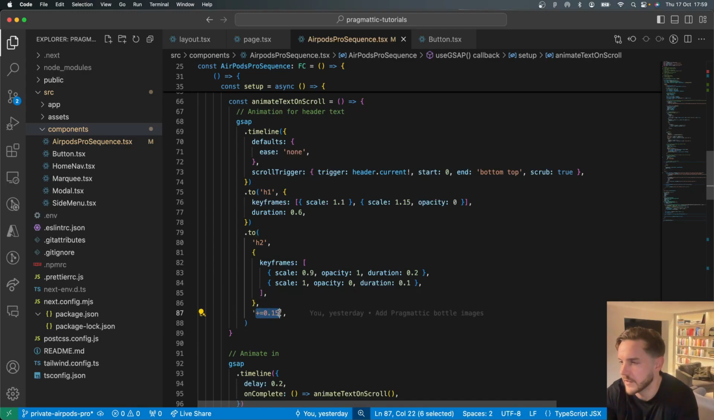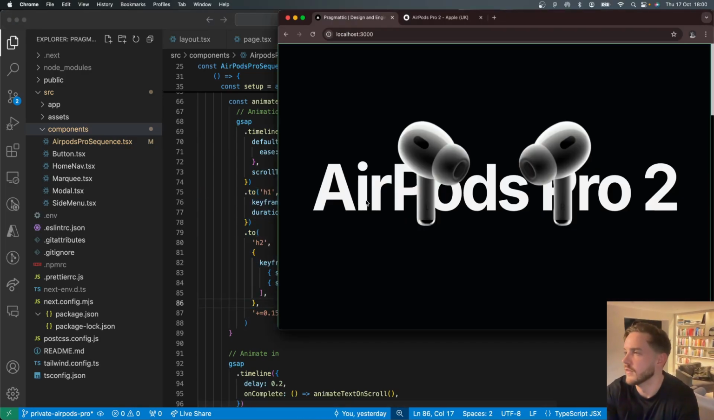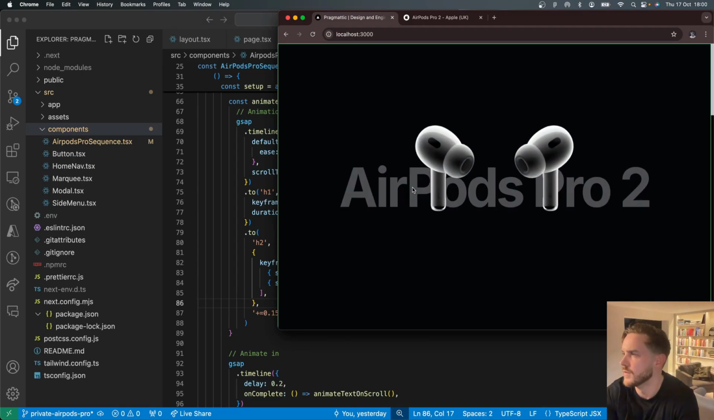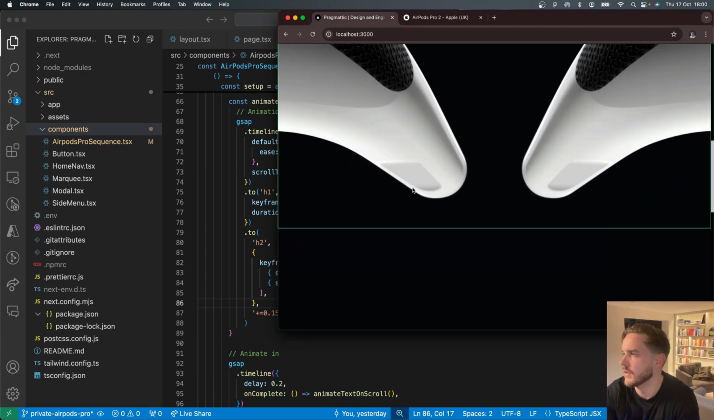But in fact, this is actually starting a little earlier. So really, the duration is only used here to determine how long this takes in relation to any other animations in the timeline. So we're making it